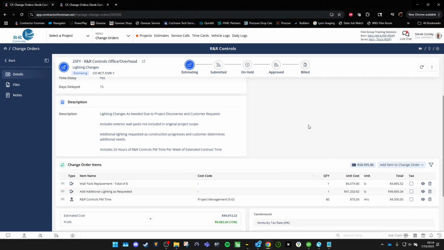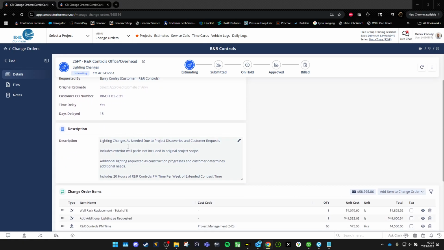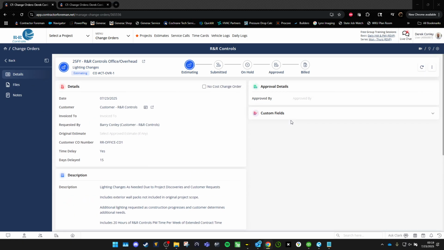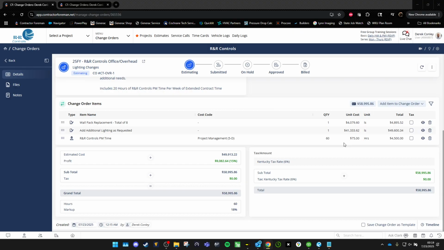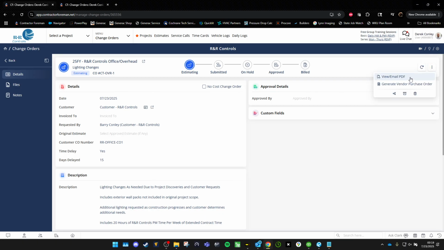So as you see here, I have added 3 lines. I've added description. Description is basically a scope of work. If there were any pictures or anything that we needed to associate with this change order, we would put them under files. If there's a tax, you put your tax rate. So now we're going to